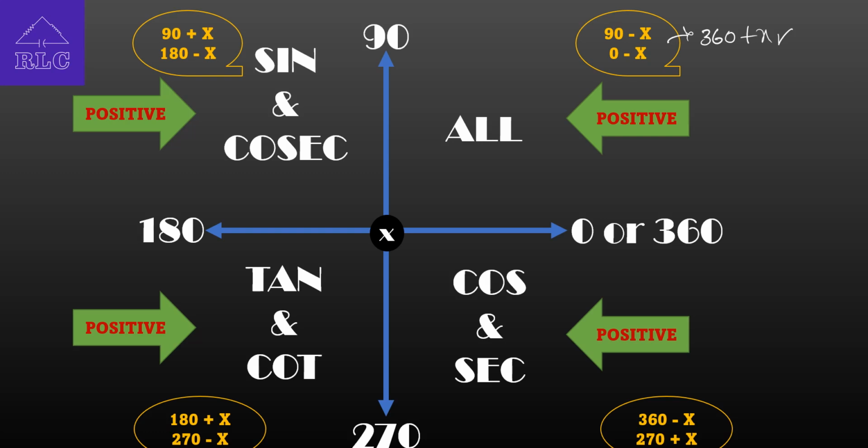Similarly, if you come to the third quadrant, we call that region 180 degrees plus x and 270 degrees minus x. Tan and cot theta are positive. Similarly, in the fourth quadrant, cos and secant are the only positive functions, and that fourth region is also called 360 minus x, 270 degrees plus x. I think it looked clumsy to you, so let us have a shortcut way of remembering all these terms.